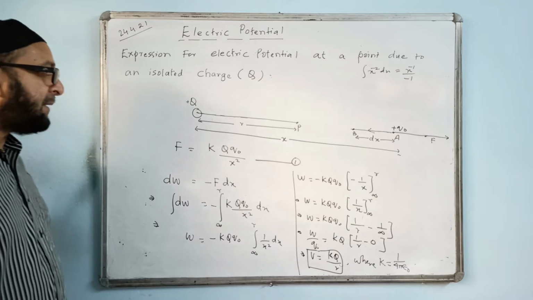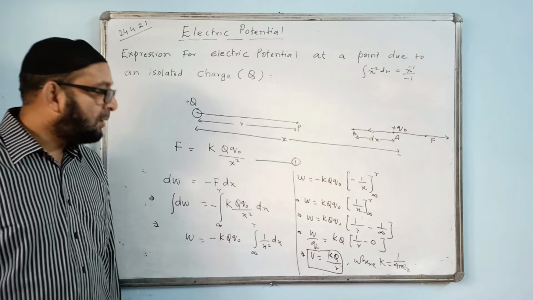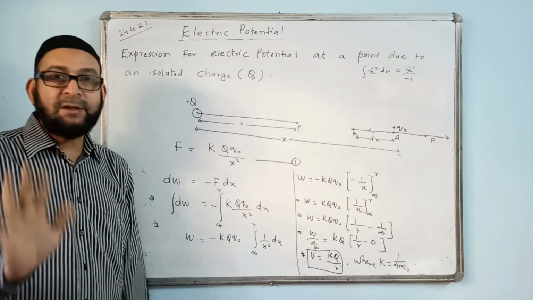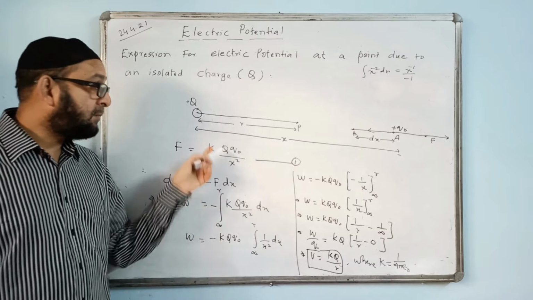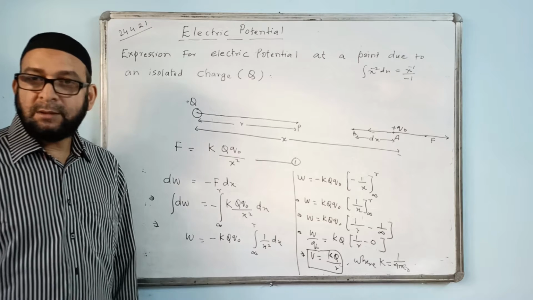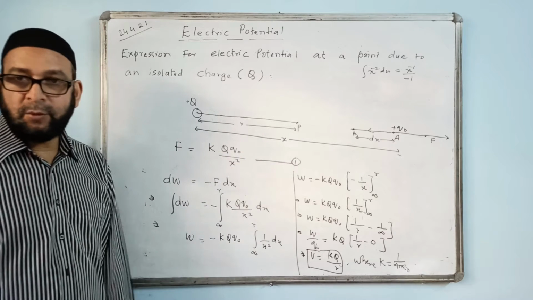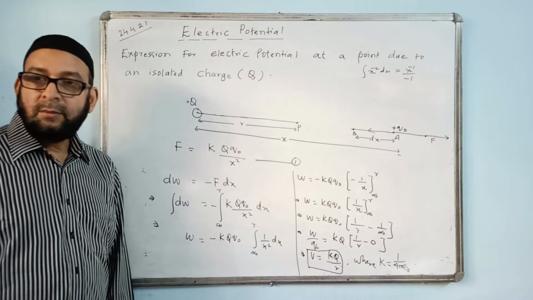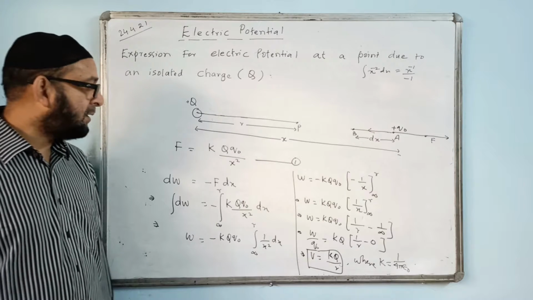So what is the formula of electric potential at a point due to a single charge? The formula is V is equal to kq by r. This derivation is a very important derivation. You may expect this in your exams, either school exams or in the ISC board exams. So hope you understood, or you can practice at least twice or thrice like this.